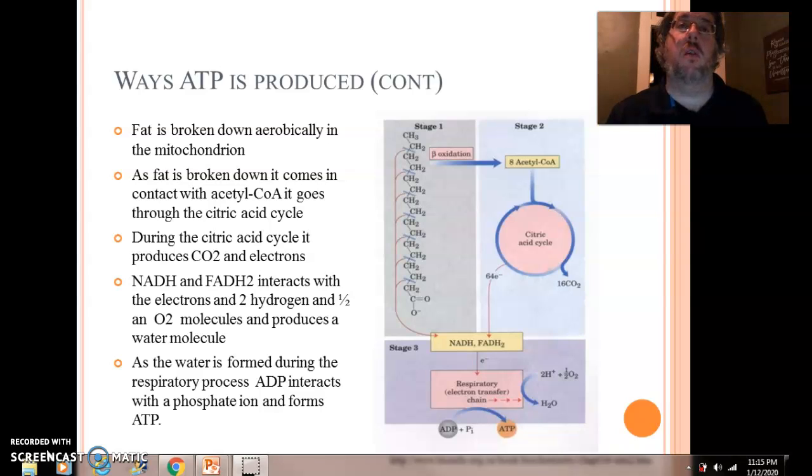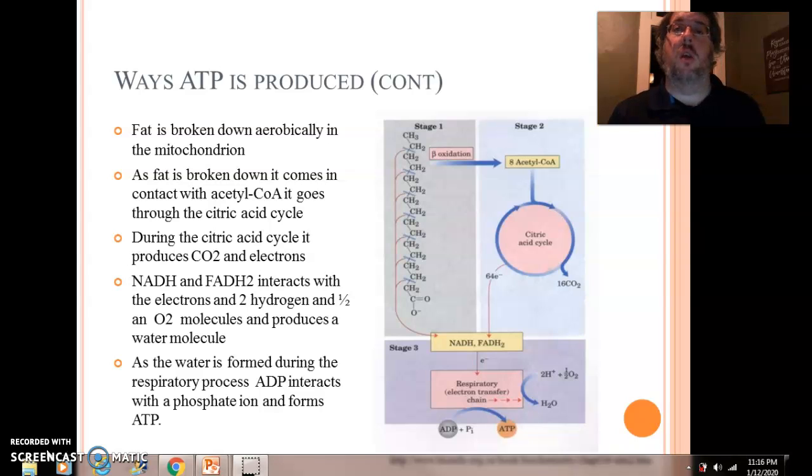The products of the citric acid cycle are electrons and CO2. When some of the oxidized fat and the electrons come in contact with NADH and FADH2,